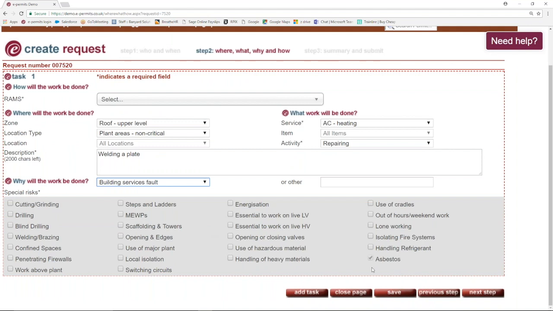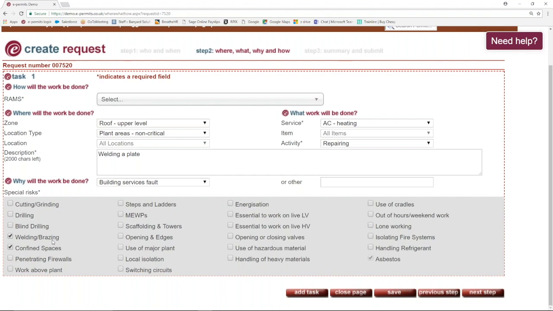You'll notice here that asbestos has already been flagged on the system. When we build the system, if you have asbestos present, we can log where asbestos is. So therefore, anyone that's going to come in to do work, and in this instance, in the roof upper level, there is asbestos in that area, it flags it up. And as a contractor, I can't do anything about removing that. It flags it up, and I can then use it to go and see things like registers, asbestos registers, and so forth. So I'm going to be working in a confined space,